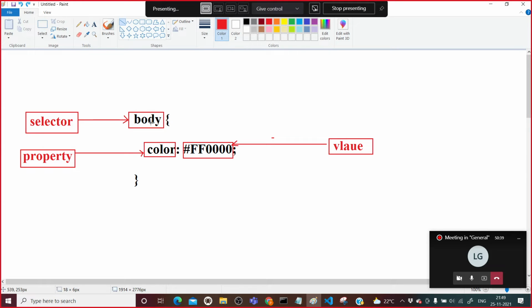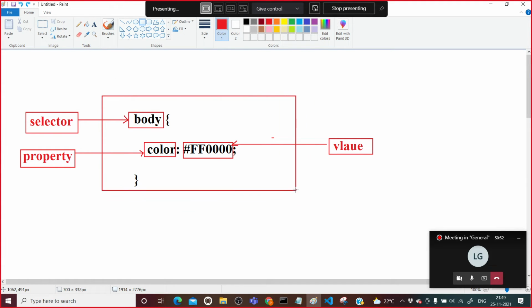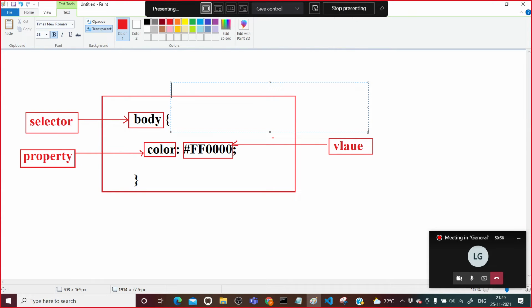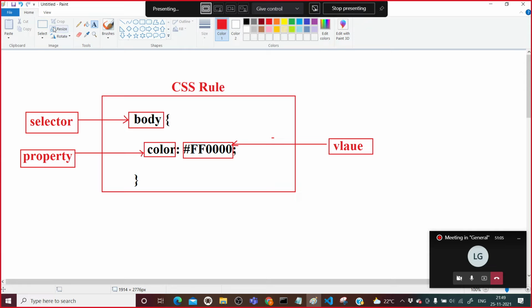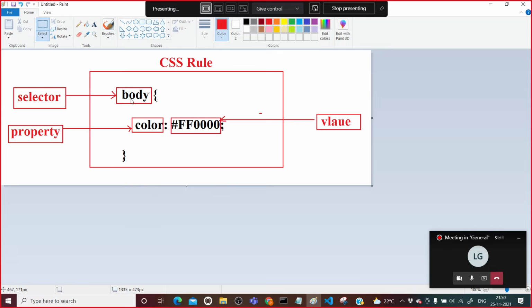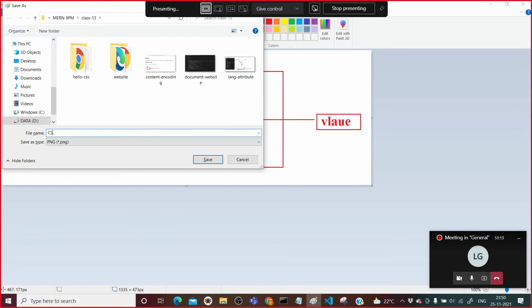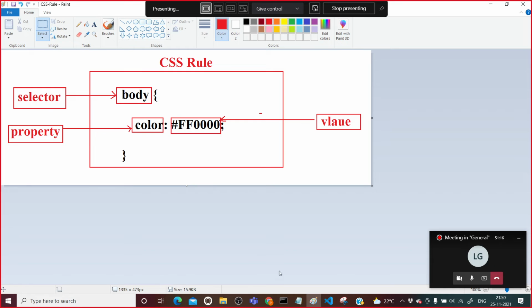This selector tells that I have selected the body, and now I am creating a rule for that particular body. And this complete thing is called a CSS rule. This is how you create a single CSS rule. So I will crop this and save it as CSS rule.